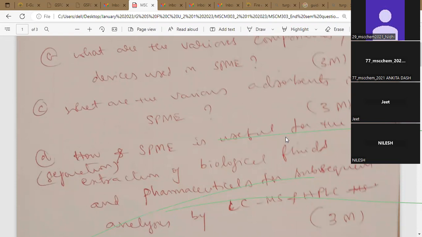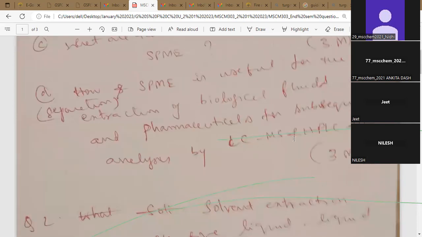Next question: how is solid phase microextraction useful for the extraction of biological fluids or samples,